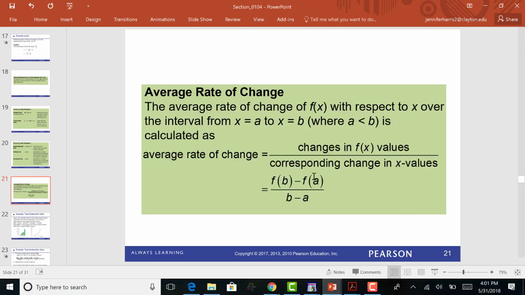Alrighty, average rate of change. This sometimes can be a little bit like, okay, what in the world are they asking me to do? So I'm going to jump to the next slide because I need you to make sure you see the connection between what's written on this screen and what's on the next slide. The average rate of change is very much like the slope. Only thing is you're going to be given 2 x values that you have to plug in